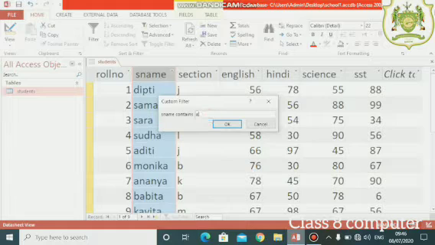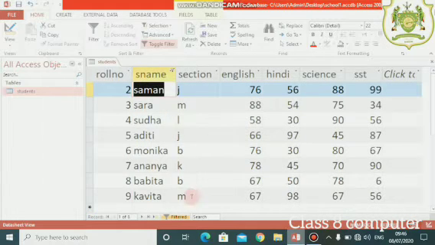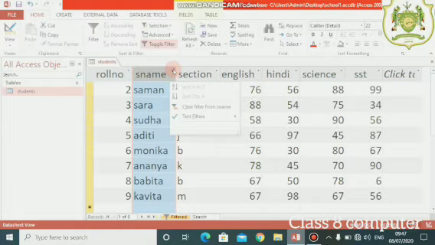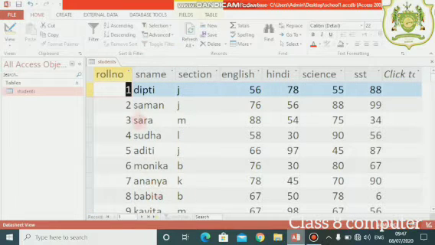I want the alphabet A. Now see, all the names which have the alphabet A in them have been displayed, and all the other names which are not satisfying the condition are gone. They are not gone basically, but right now they are hidden. Again, I am removing the filter by clicking on this toggle button. Click on clear filter from S name. So this way we have applied the filter on student's name.